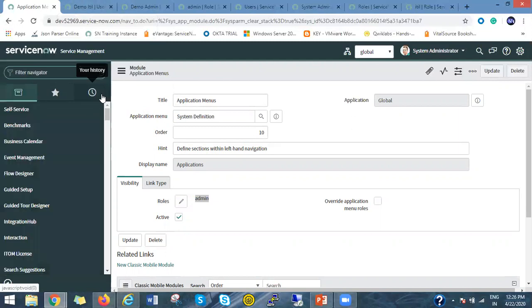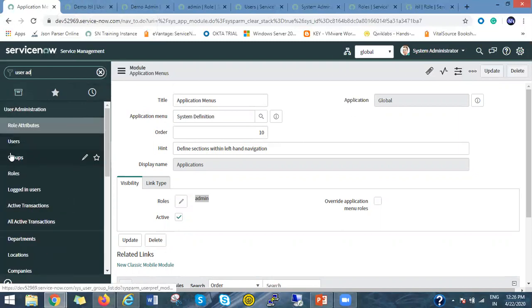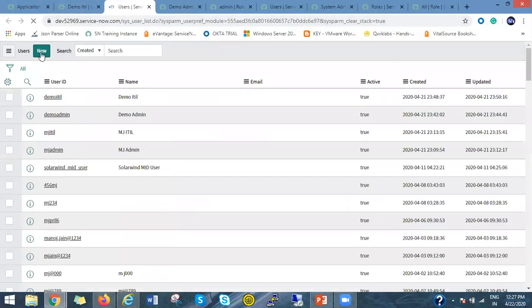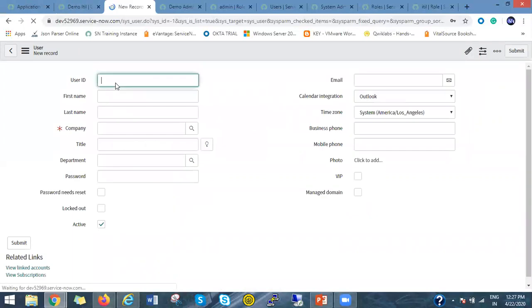So now let's see what happens if a user does not have any role. Okay, in that case, what application menus or what modules can he or she see? Okay, so let's create one user. Again go back to user administration and create one more user, and that will be our plain end user which will not have any role.